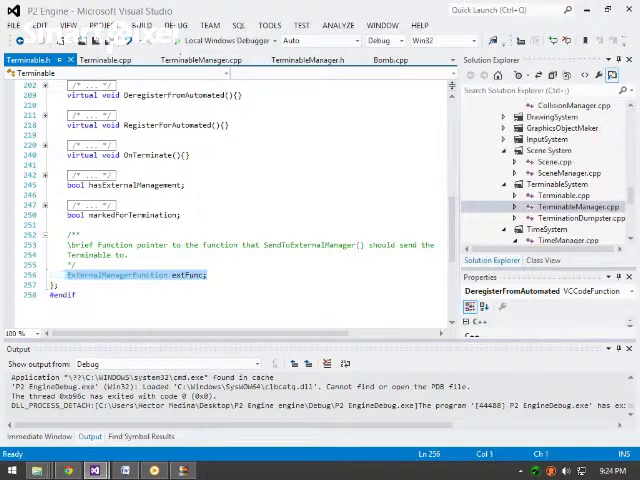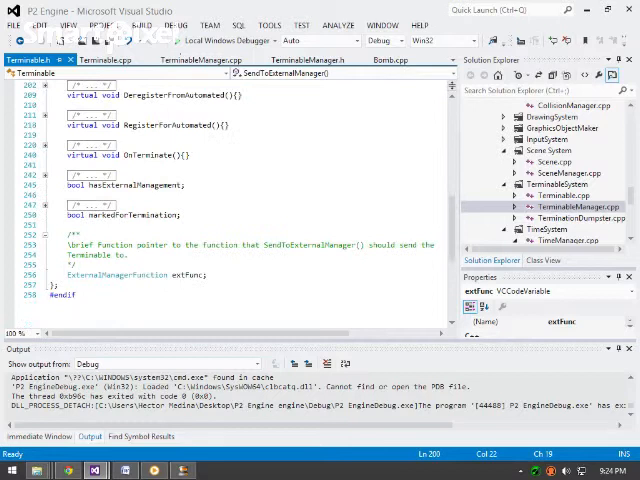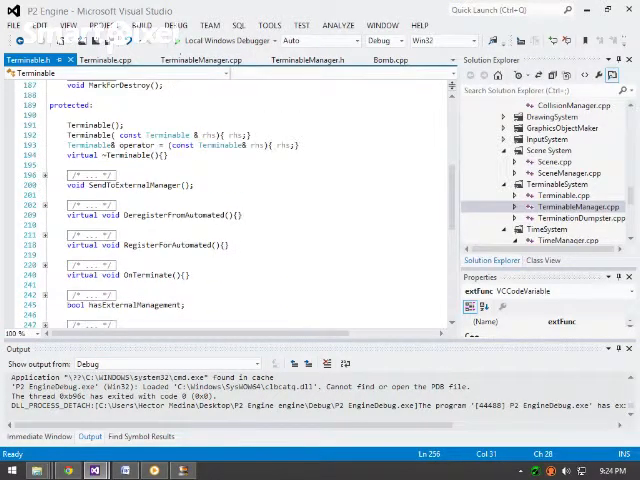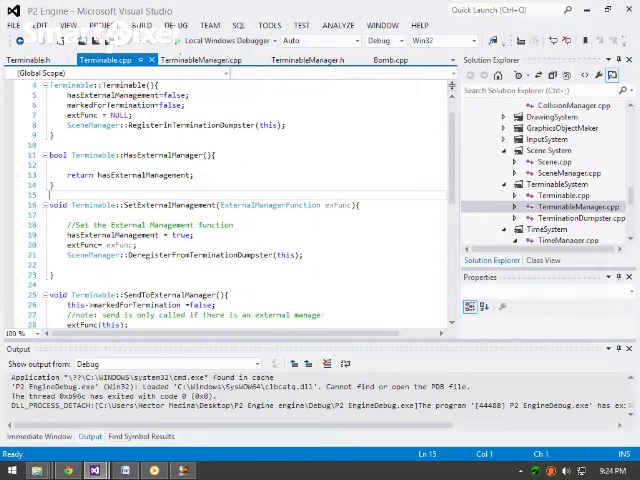It has an external management function that just says, when I get destroyed, which function do I send this to? And that's in the factory. Send to external management just uses that function to send it. Has external management is just used for checking to see if it has management. Set external management, so set external management basically